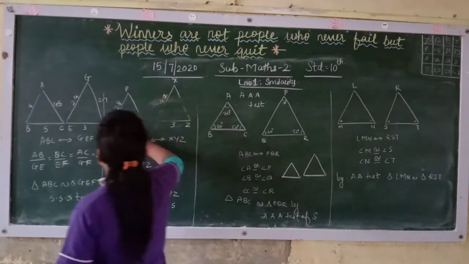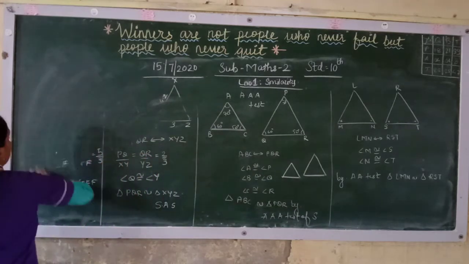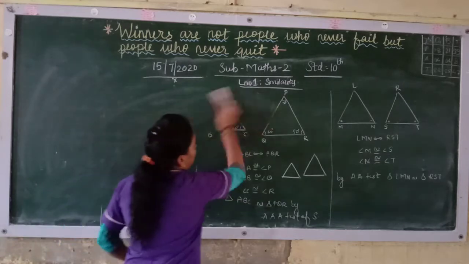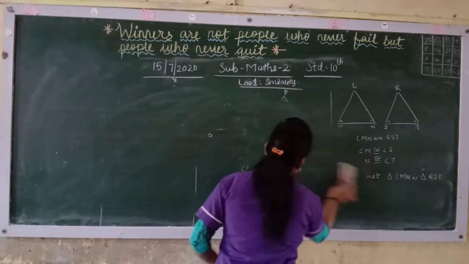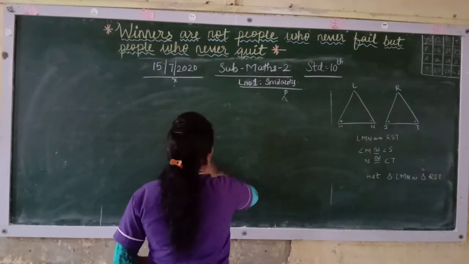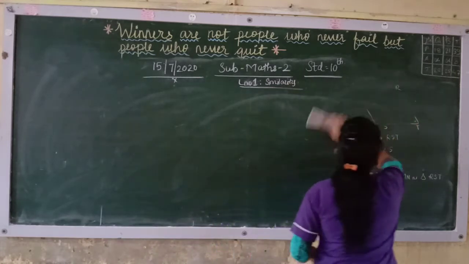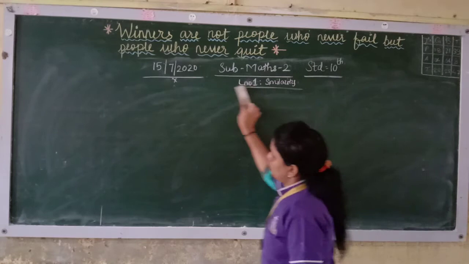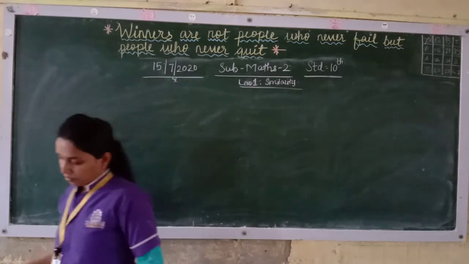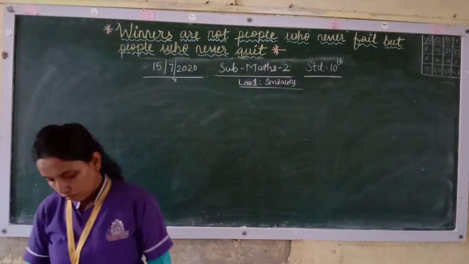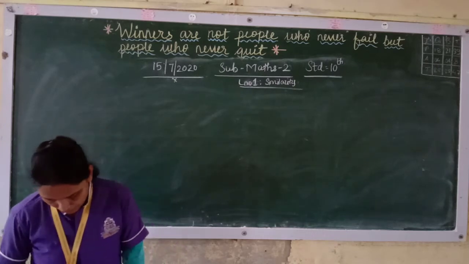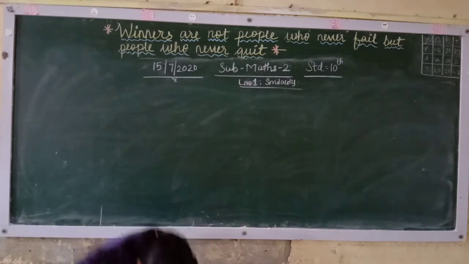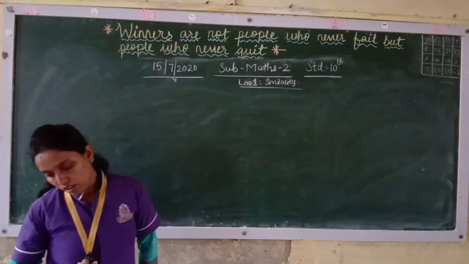Now we will see some properties of similar triangles. Now in that, first is